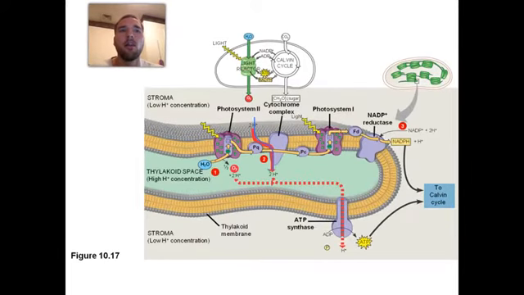But anyway, those protons are leaving the stroma, which is the liquid inside of the chloroplast, and they're going into the thylakoid space. And so we're causing this concentration gradient, this proton gradient, to be formed, just like we did in the mitochondria in the intermembrane space. But you can see that we even have ATP synthase being used here. And as this proton gradient builds up, we can use it to make ATP,